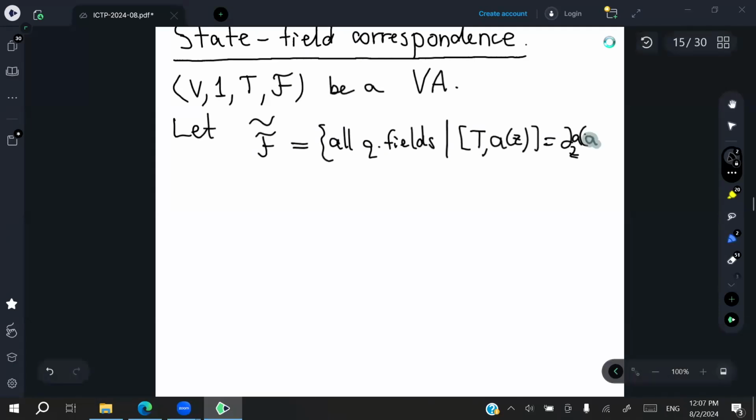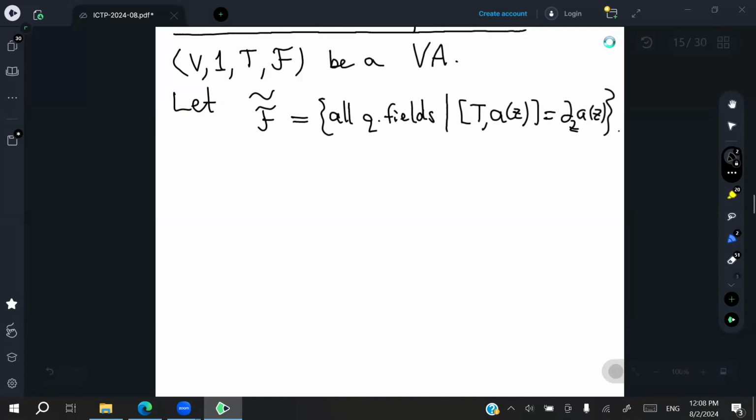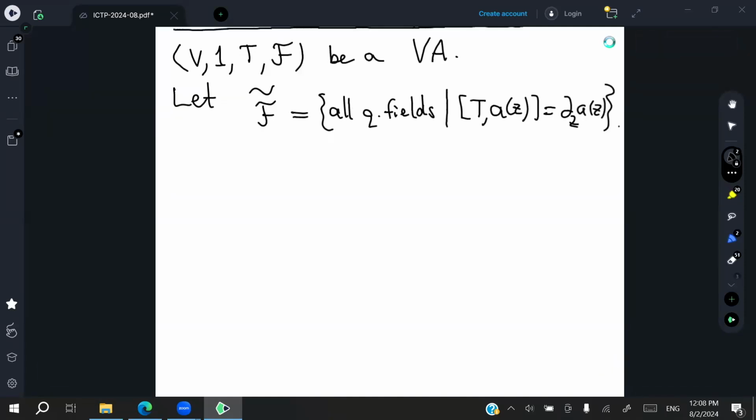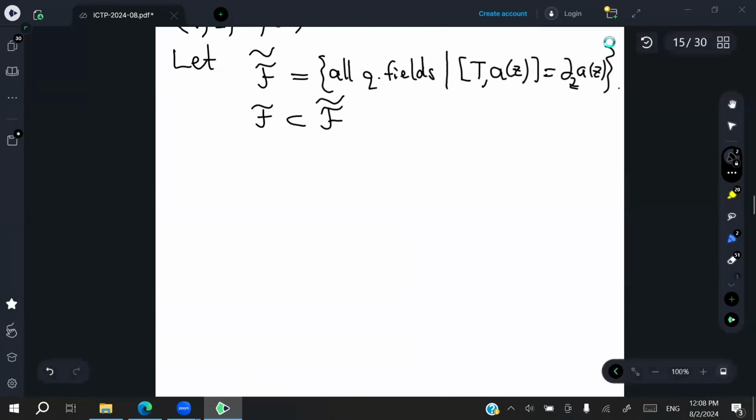Okay, so this is some very large collection of quantum fields. These might not be mutually local with each other by any means. At the other extreme, we have F itself. And this is inside F tilde by definition of a vertex algebra. Okay. And in between, we're going to consider F bar, which is